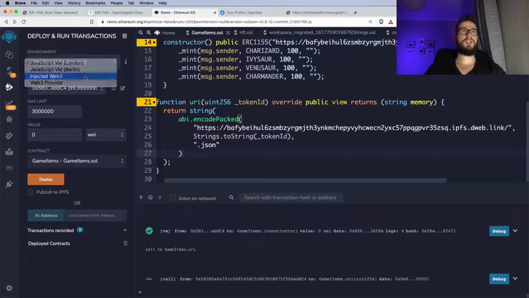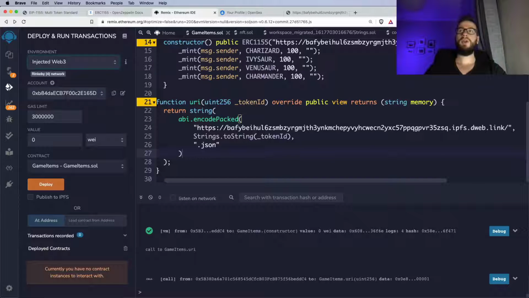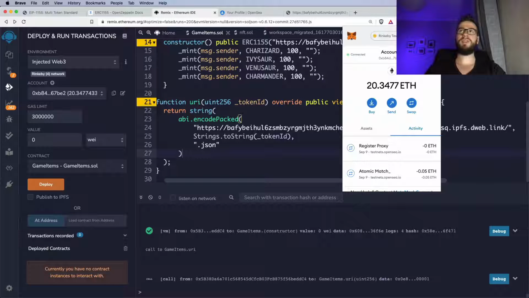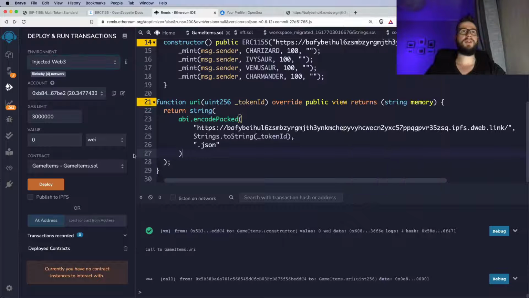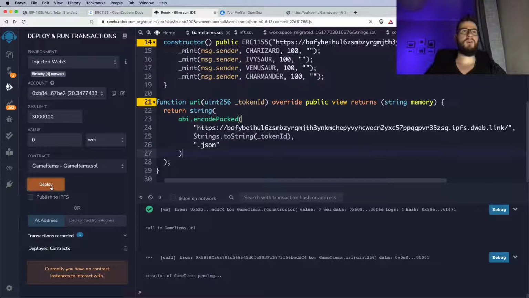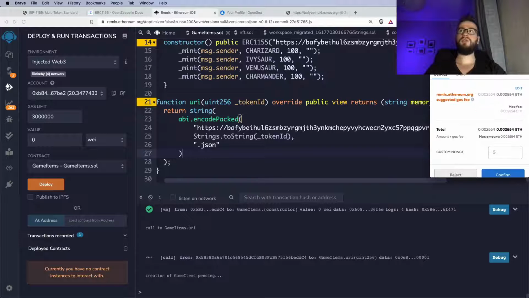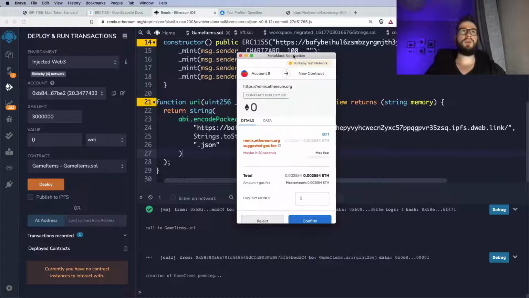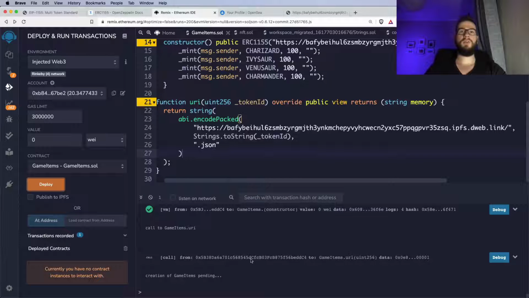I will use the injected Web3. Here I will make sure that I'm in the Rinkeby test network, and right now you can see that we have here the Rinkeby network, and we have exactly the same address that I have here inside the MetaMask. And now I can click deploy, and now we are not using any longer JavaScript virtual machine, we are using the test network, and we can just click here the confirm, and after some minute our smart contract would be deployed into the